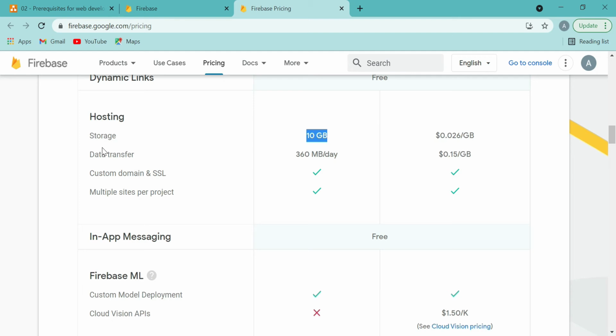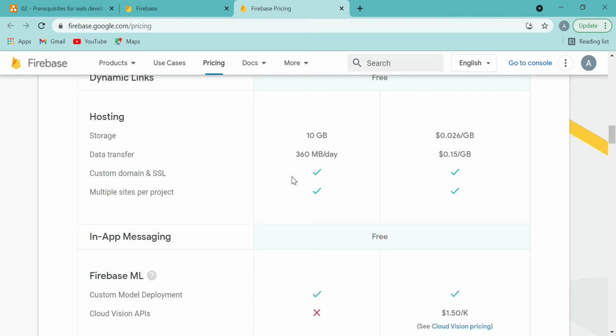But if you have a PHP website or a Java website, then you need a backend like a PHP server or a Java app server, and then this is not right for you. But if you just want to host simple HTML, CSS and JavaScript files, and that is all you have as part of your website, then this is the best choice for you. Up to 10 GB of storage and 300 MB per day of download, they are giving free. So you should always make sure you review the pricing first.